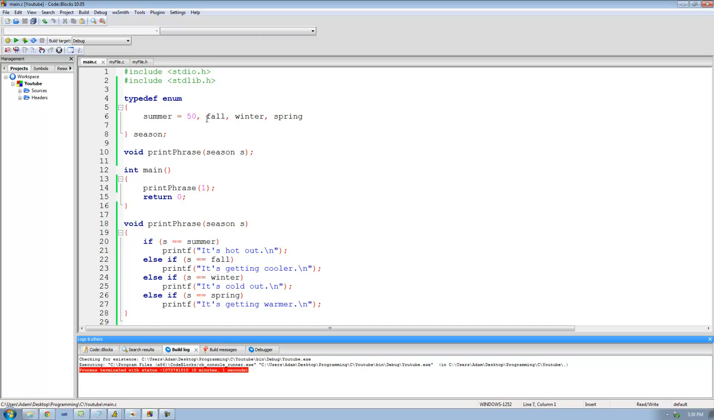So the value that an enumerant corresponds to is always 1 greater than the enumerant before it. So since we overrode this one to equal 50, then this one equals 51, this one equals 52, and this one equals 53. Now the only way that this would be false is if I changed the value of this to something different. So if I wanted to, I could override the value of fall, and now fall will equal